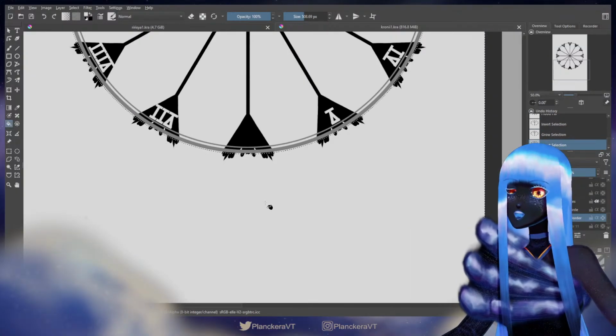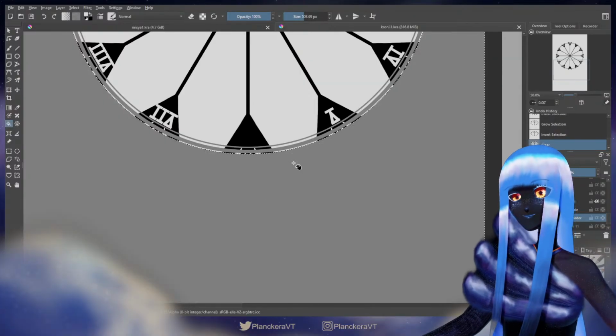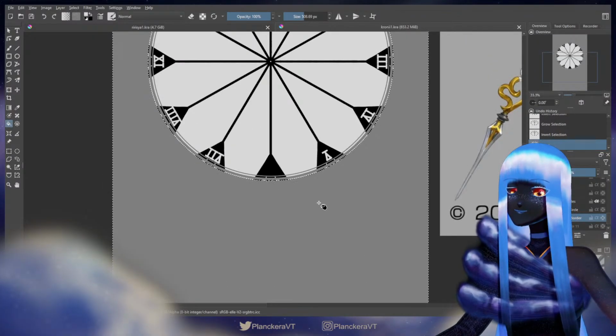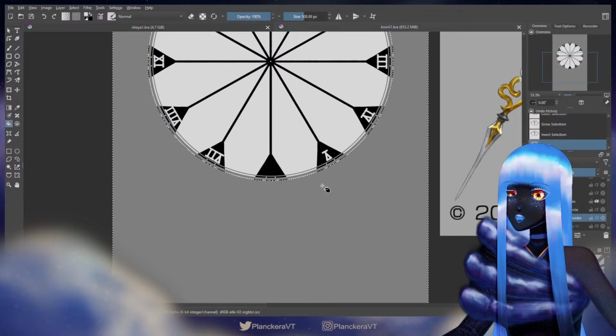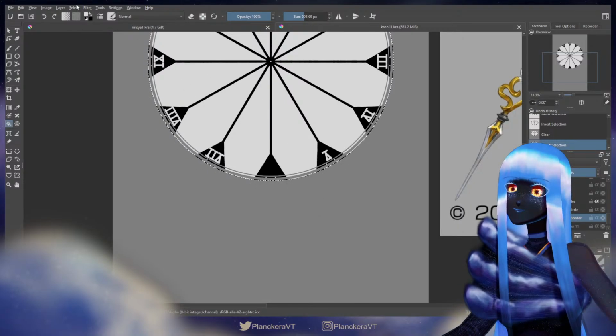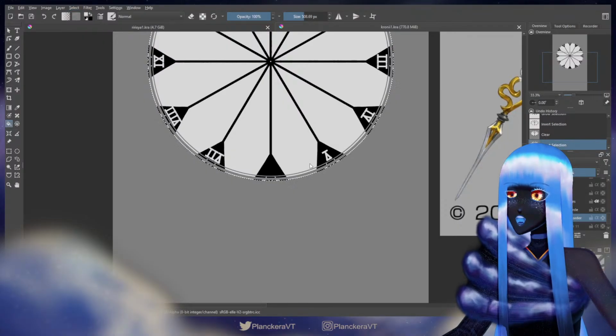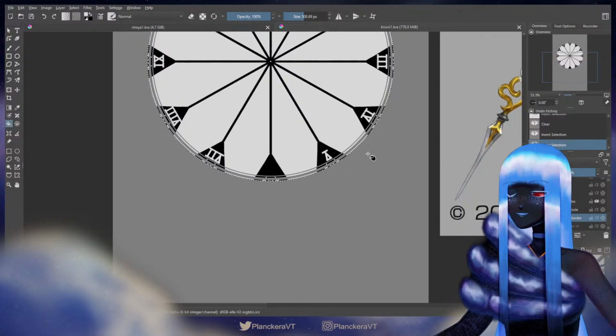That's right, I have to invert the selection again. Oh yeah, that's good. Okay, I know exactly where I'm going with this now. So I'm gonna grow it now. This is gonna be the space between the line, and I want them to be real close together. So I'm gonna do 4.